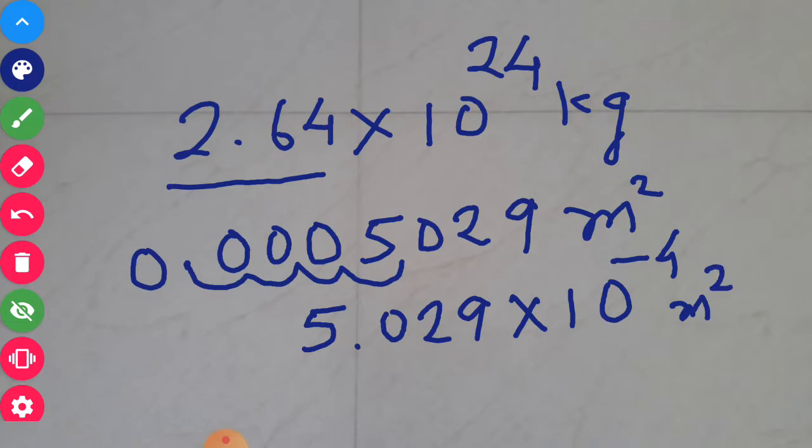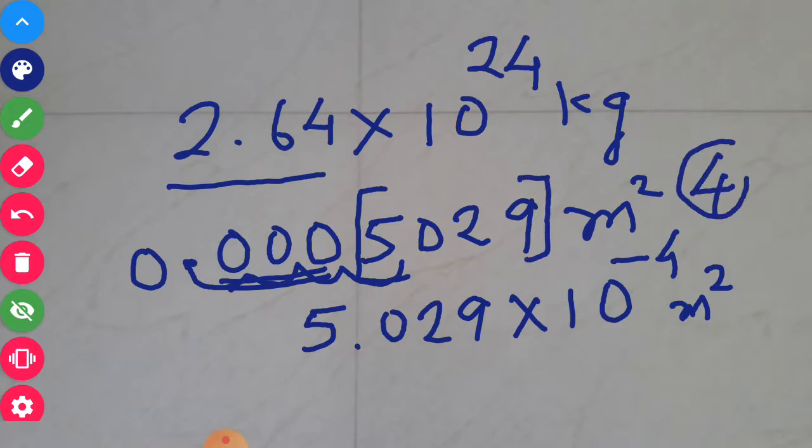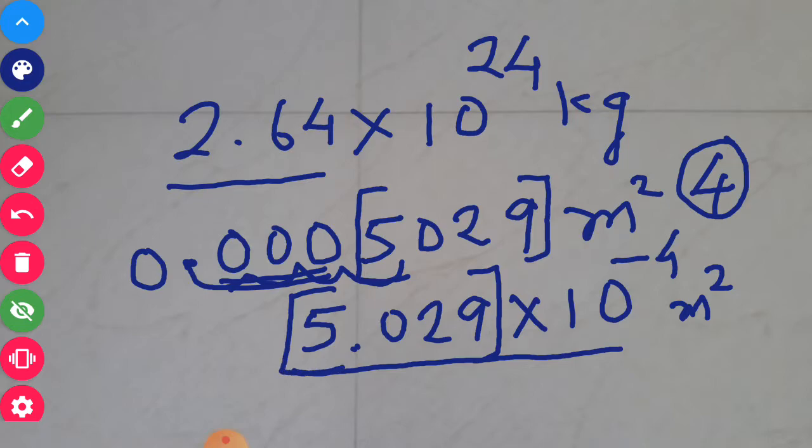Now try to understand this. Here also, if you go according to rule, then the zeros before decimal point and after decimal point are not taken into consideration. Therefore, we can say there are 4 significant figures. And by changing it into scientific form, you can also consider that here also there are 4 significant figures. So whichever way you feel comfortable, you can decide the significant figures.